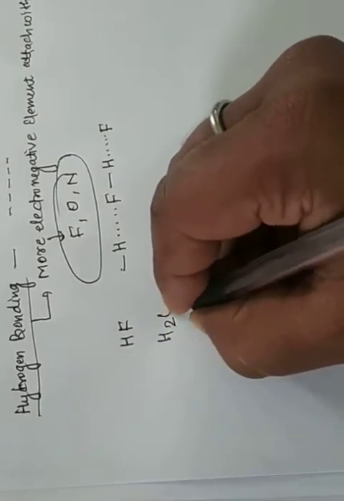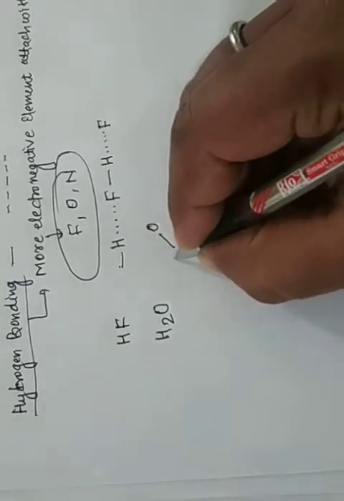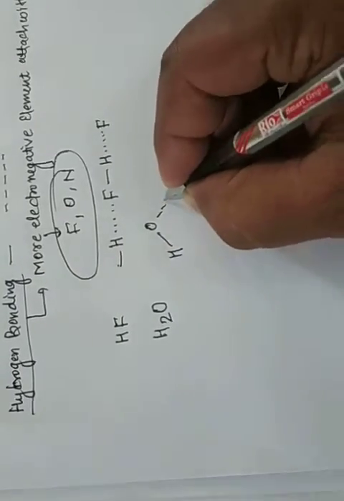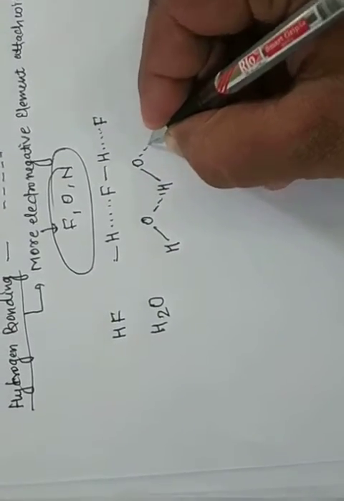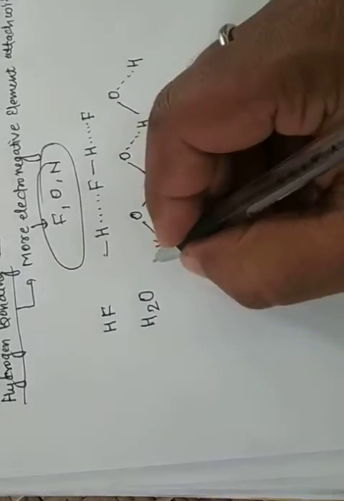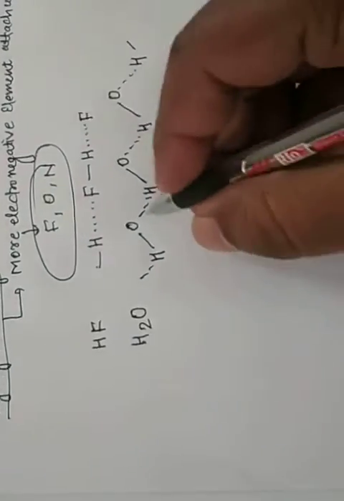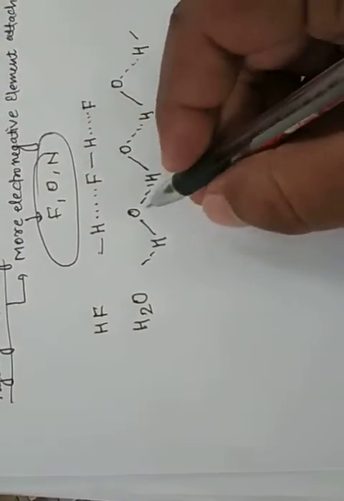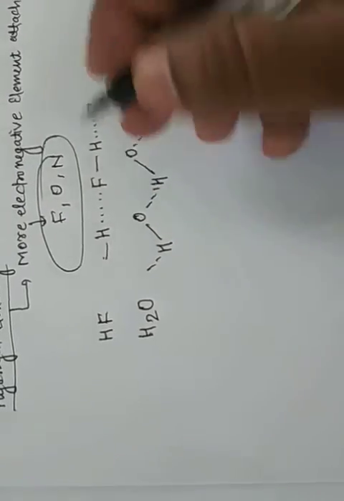Suppose you have water. Oxygen is attached to hydrogen with a single solid bond and a dotted line to another hydrogen. Again a solid line and a dotted line to hydrogen. So this is the main structure of water: bent shape with a 109 degree angle between the O-H bonds. And this is linear, 180 degrees.